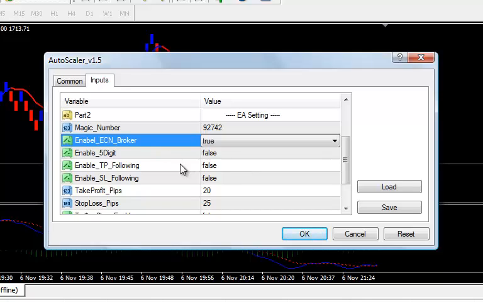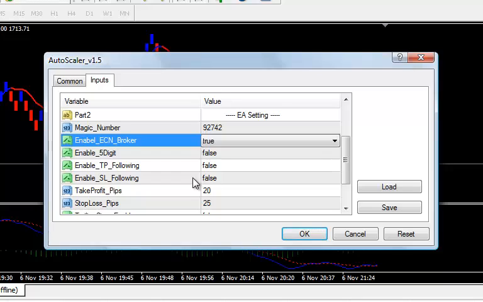If you have turned either or both of these from false to true, when you set a stop loss and/or a take profit price, AutoScaler will automatically set that same stop loss and the same take profit price on all of your pending trades, whether they have executed and are now open trades or whether they are still sitting there as pending trades. And the reason we do that is if you saw some of the material that we